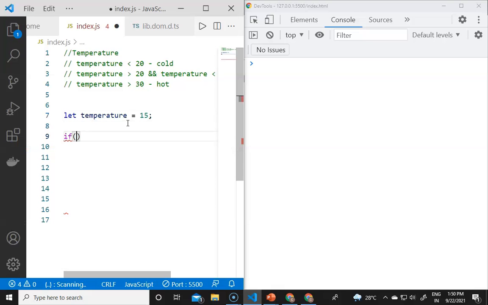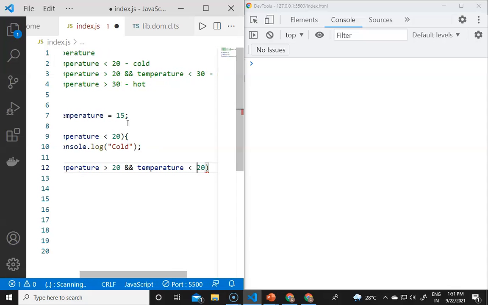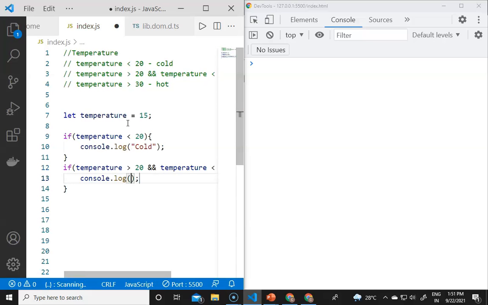So if there is a condition like if the temperature is less than 20 then we will console.log that it is cold. But if the temperature is greater than 20 and, it is the AND operator, the temperature is less than 30, so we will console.log that it is moderate outside.